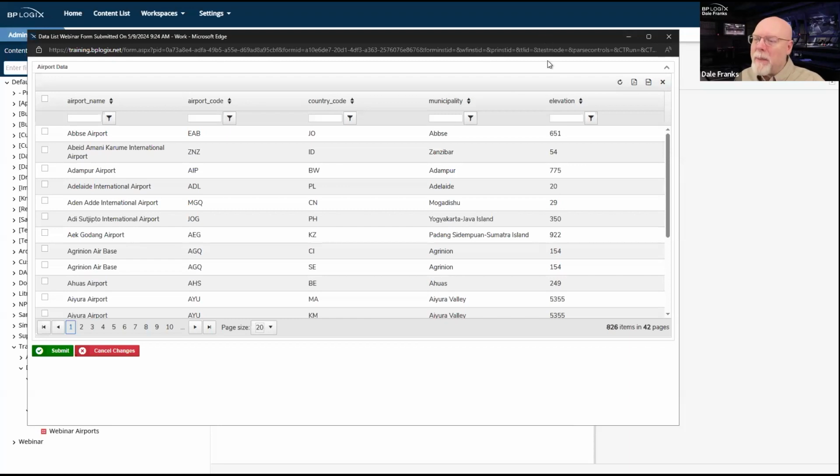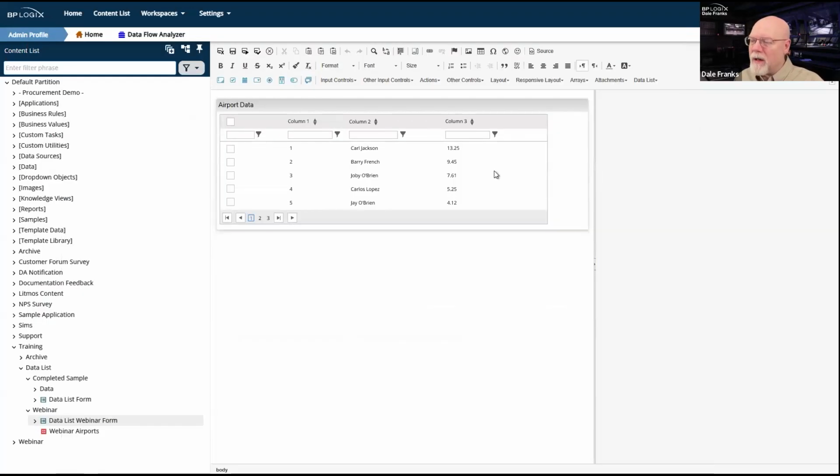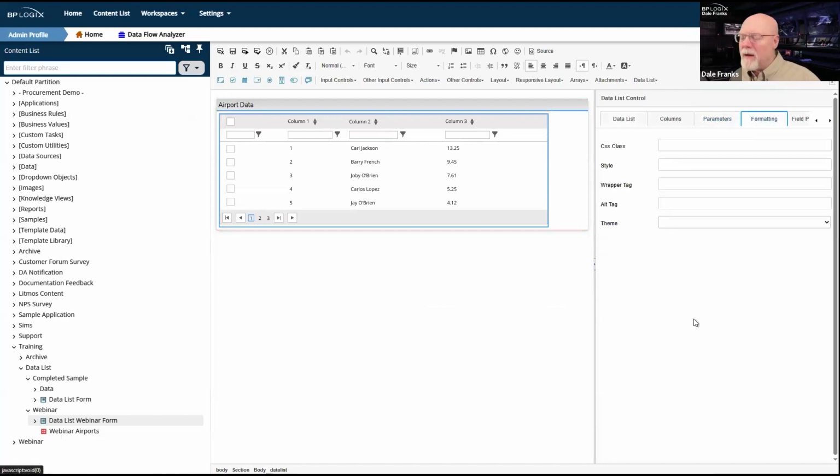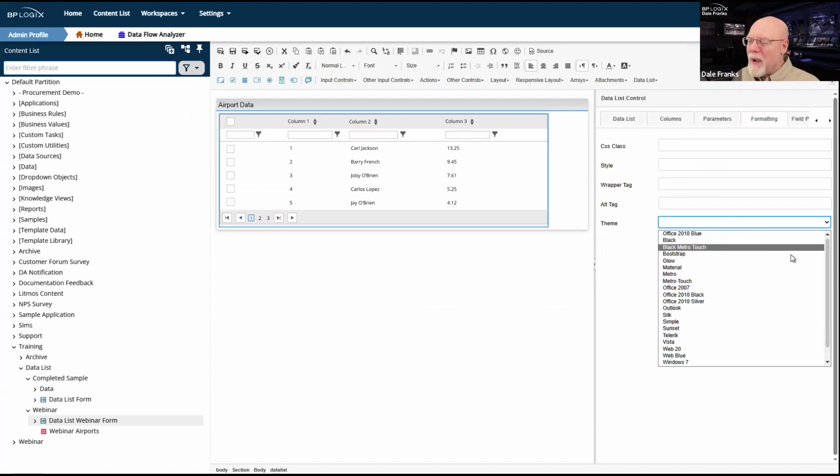Now I'm going to go ahead and keep it open. I'm going to put it down here so I can click back to it. I do want to talk about the formatting tab here as well. Obviously, you can apply CSS classes. You'll have to know what CSS classes to apply different styling to different elements, or you can just make your life easy and go pick one of the pre-built themes that we use.